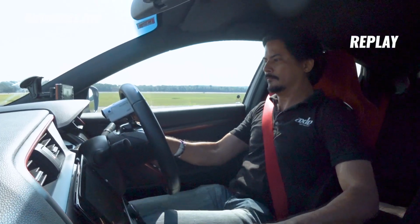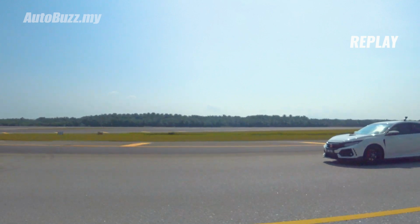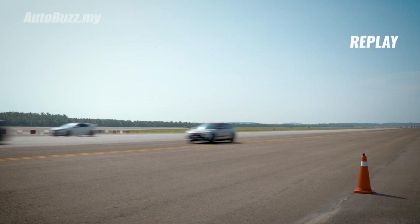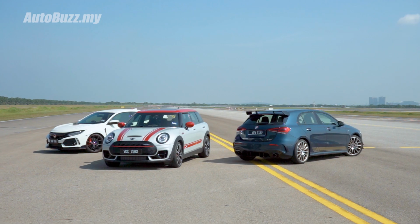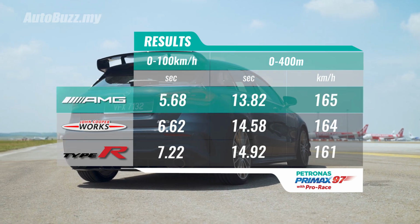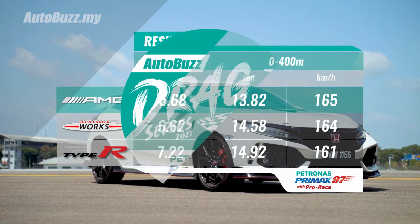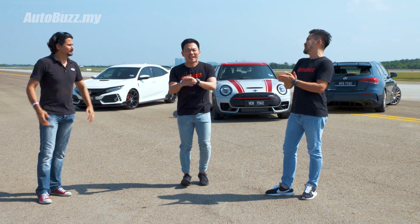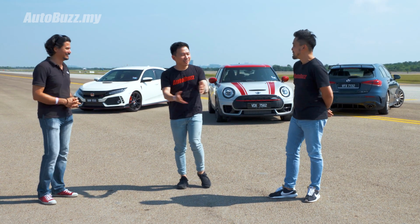The power loss in the Type-R at every manual gear change was its downfall, despite the early lead. The JCW managed to cross the line ahead of the Type-R by a mini 0.3 second gap. So, the winner is dual-clutch gearbox, followed by torque-converted automatic and manual box. So that was fun. Victory. Victory? Yeah. The winner goes to...